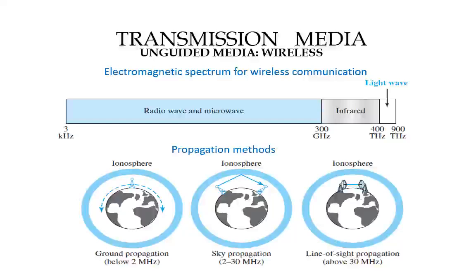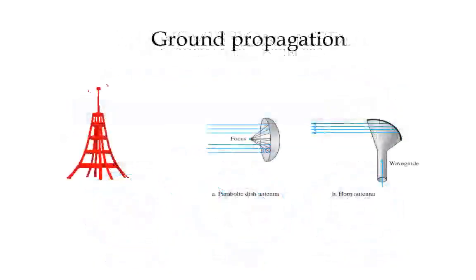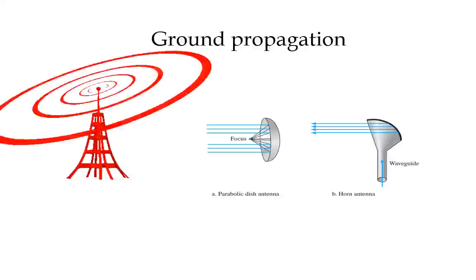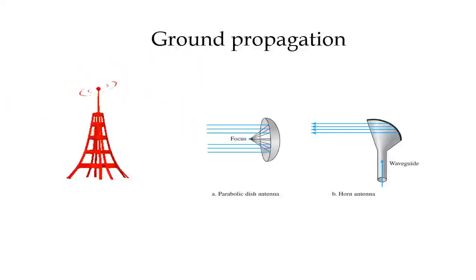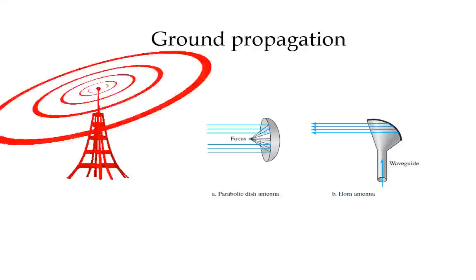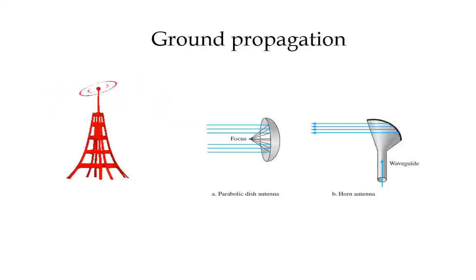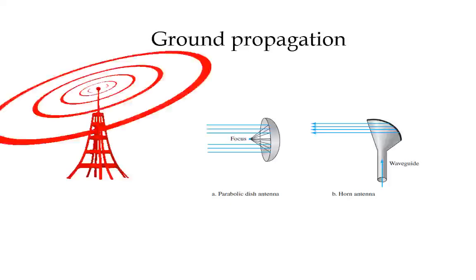The first one is ground propagation. You may see towers, for example cell phone towers, here and there. Actually they are microwave towers which transmit the data as microwave frequencies. It has a range limitation, maybe 5 kilometers, 10 kilometers, 30 kilometers. And another